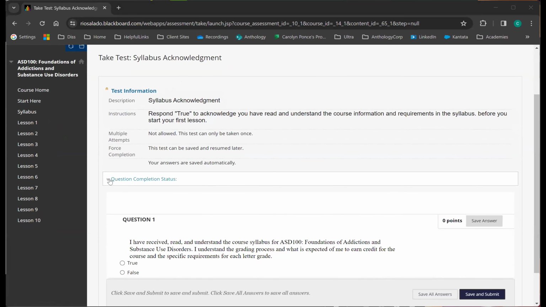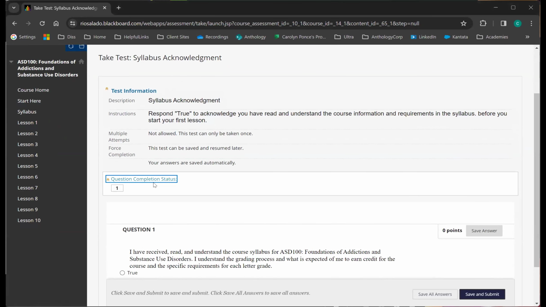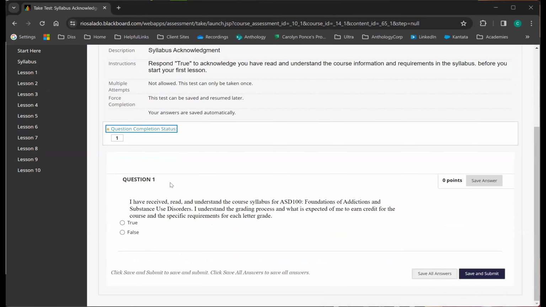There is also a little area here that will list out the number of questions. So on a test that may have 10 or 15 or even 50 questions, they'll see the numbers of the questions in this little menu and can see them get check marked as they go. And then down below that top area are the questions themselves.